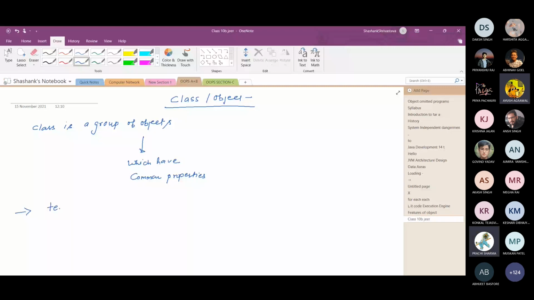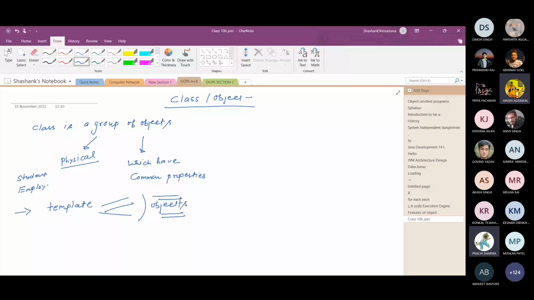जैसे एक फॉर्म होता है, आप भरते हो तो हर एक स्टूडेंट अपना अपना भरेगा, तो बेसिकली क्लास इज लाइक ए टेम्पलेट. Okay, and class is not basically a physical entity. Physical entity means, like if I take the example of a class, suppose student is a class, या employee is a class. So employee is just a template or a group of objects, it is not a physical entity.